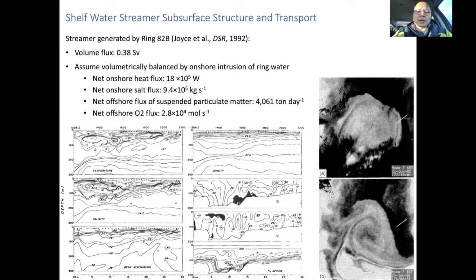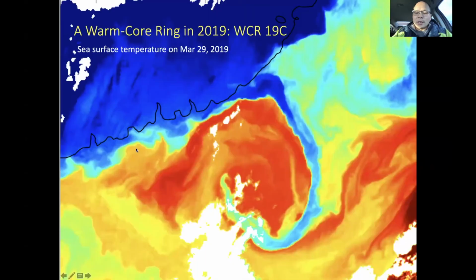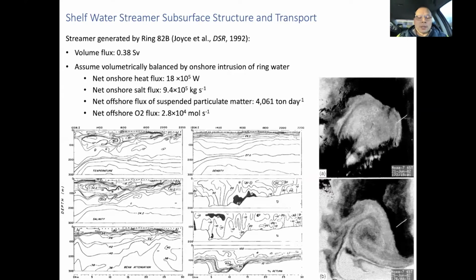From that, they calculate the volume transport of the streamer is about 0.4 Sverdrup. And so on the left, I'm showing you the properties of the streamer. You can see a surface layer of cold and fresh water being transported offshore. And then from all this subsurface measurement, they can also calculate net heat, salt, suspended particulate matter, and oxygen fluxes